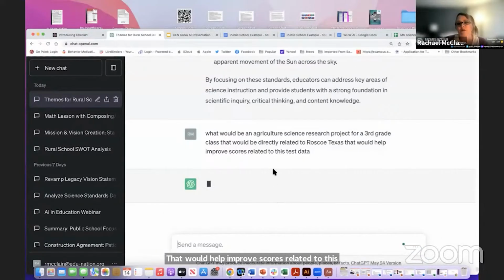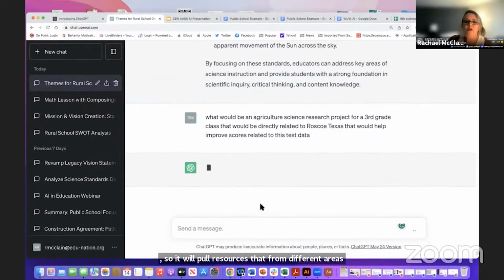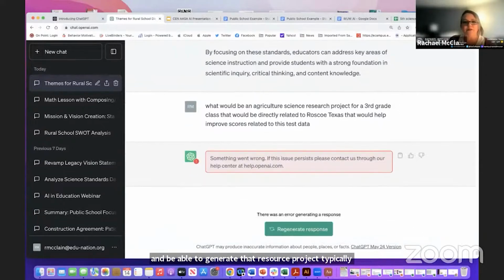And so it will pull resources from different areas and be able to generate that research project typically a lot faster than what we're seeing here.